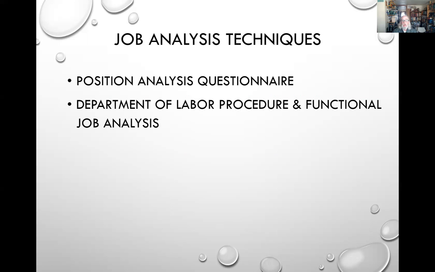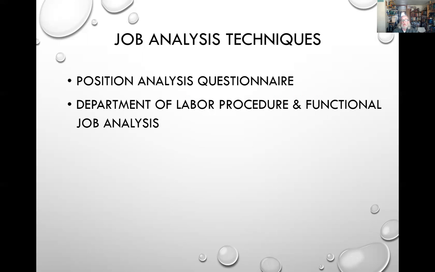Now, there are some different techniques that we can use for our job analysis in general. A few more things to know about. Position analysis questionnaires. This again, this is really just a structured questionnaire. This is a different way to refer to it. And this technique just refers to different academics, articles and so forth, saying this is another way to look at it. But really, it's a structured questionnaire. It's an approach that does gather a lot of information on job content and worker characteristics and so forth.